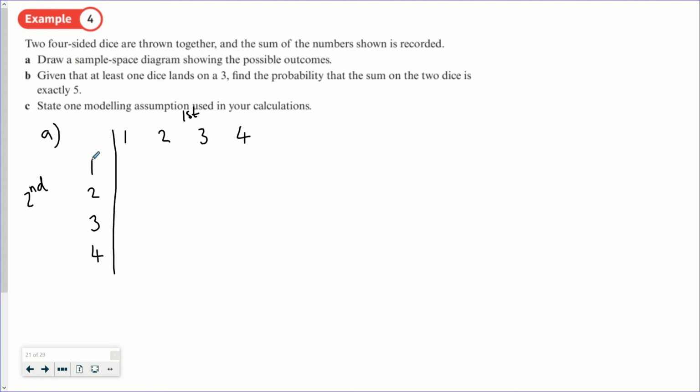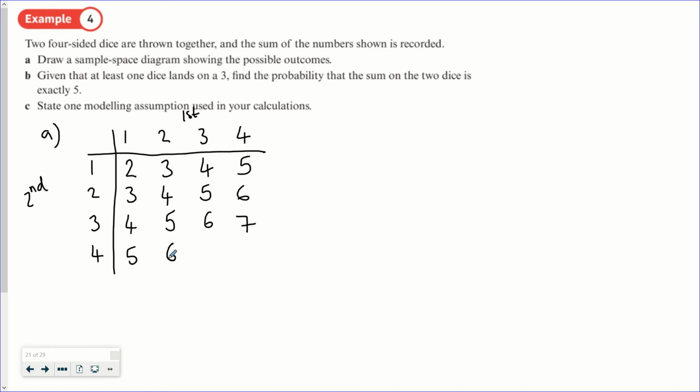And then in our sample space diagram, we're just going to show all the possible combinations of the scores that you can get. So if I had a 1 on the first dice and a 1 on the second dice, I'd have 2. And we can go through and fill in the sample space diagram. Okay, so we've got 16 different possibilities,